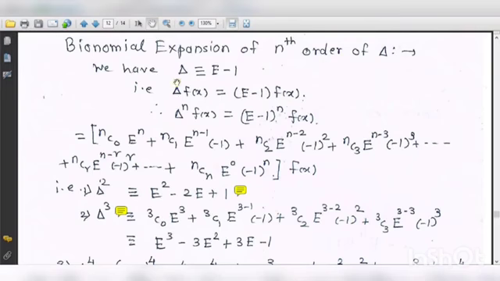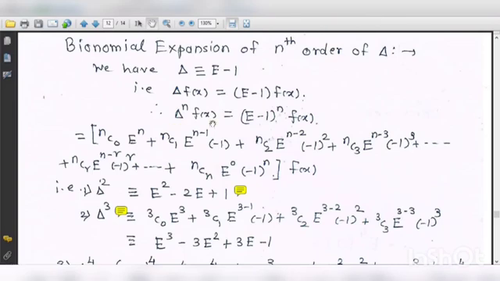As we know, the relation between the forward difference operator and the shift operator is delta is equivalent to E minus 1. Therefore, if we apply it on f(x), then delta f(x) equals (E minus 1) f(x). If we consider powers, then it is delta raised to n. Obviously these are operators and the powers will apply on the function f. We don't have to take the powers of the function f(x). Here we are considering powers of this operator.